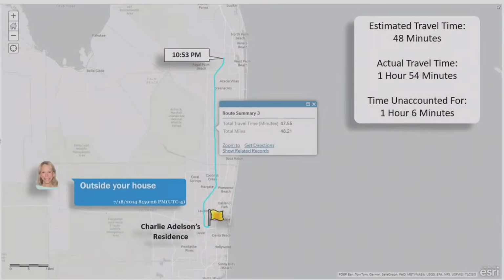So the text, I believe that the state inadvertently mischaracterized the evidence and testimony in the questioning. The last connection to a cell tower for Donna Adelson was at 8:59, not 8:35, correct?